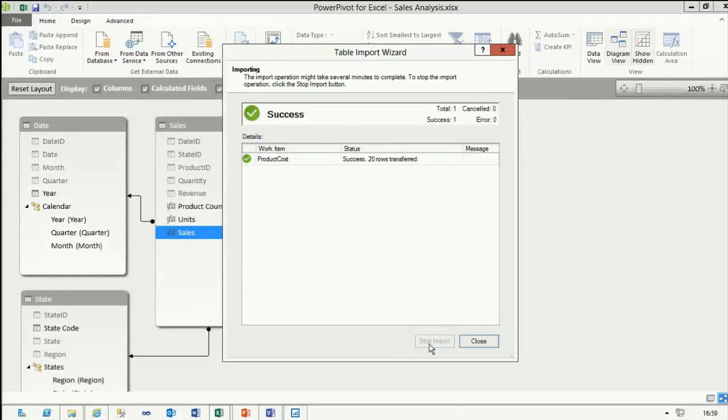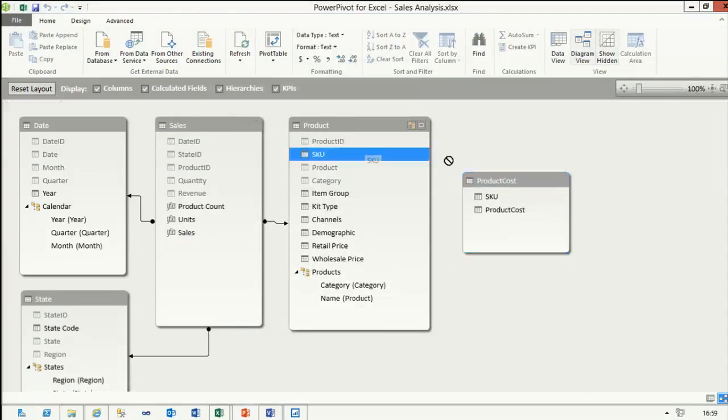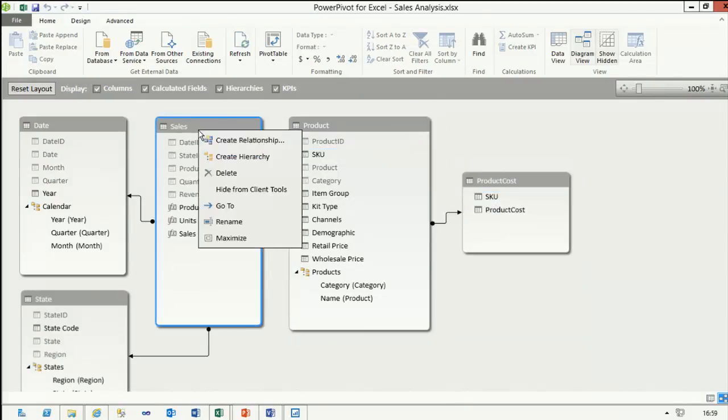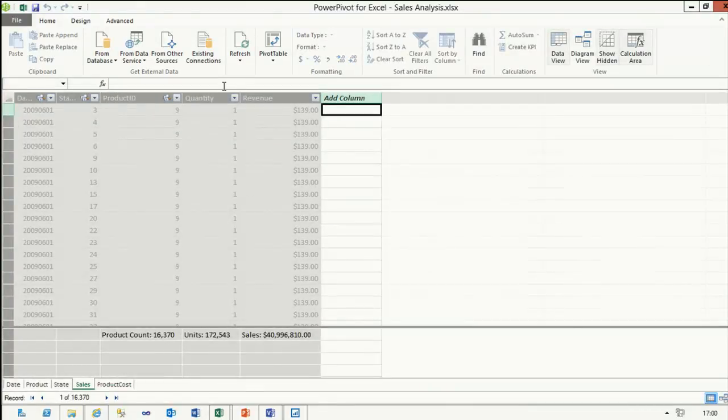Click Finish. It introduces then a fifth table from a second data source. And simply by dragging and dropping, no need for a VLOOKUP function here, I've established a relationship between those two tables and essentially two data sources. Then I would come to my sales table and I would introduce a calculated column that says, go and retrieve via the relationships defined in this model